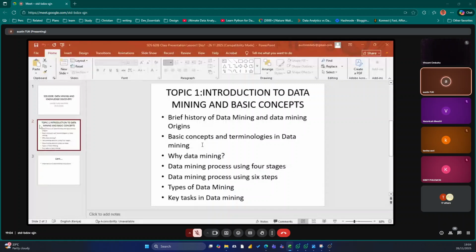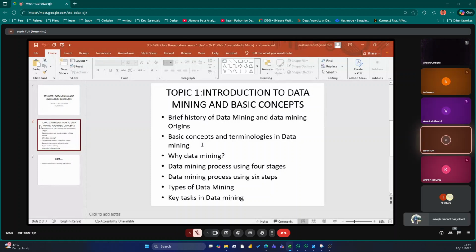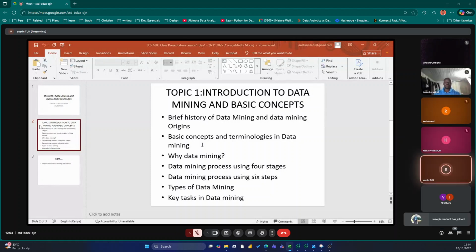Using the modern tools, we can mine them, but it depends on the objective, because you cannot just commit resources on mining sound with no specific objective or something beneficial that you're going to gain.